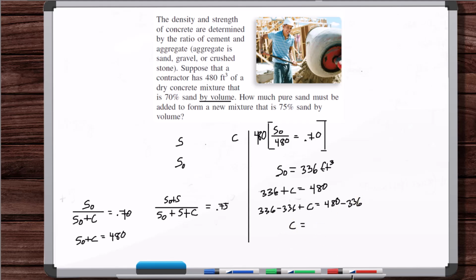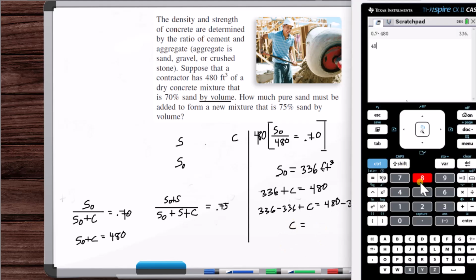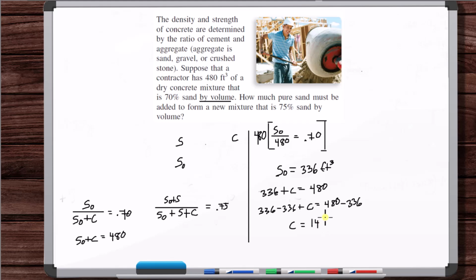Okay, 480 minus 336 is 144. That's cubic feet. All right, we're trying to find S. The answer to our question is S, though. So what do we need to do? Plug in S naught, plug in C, and we'll have